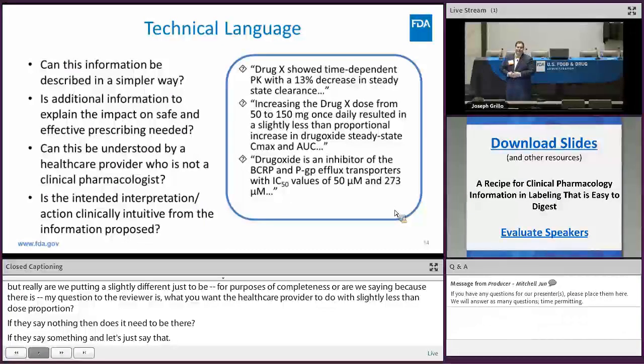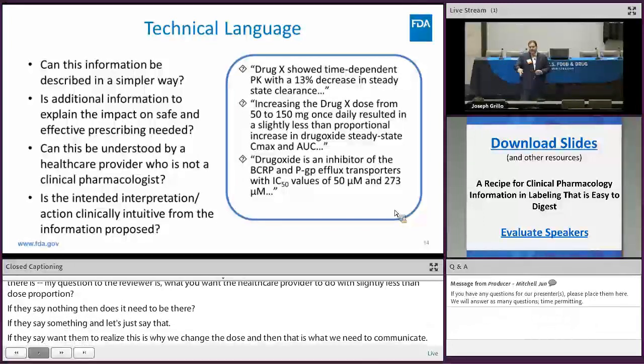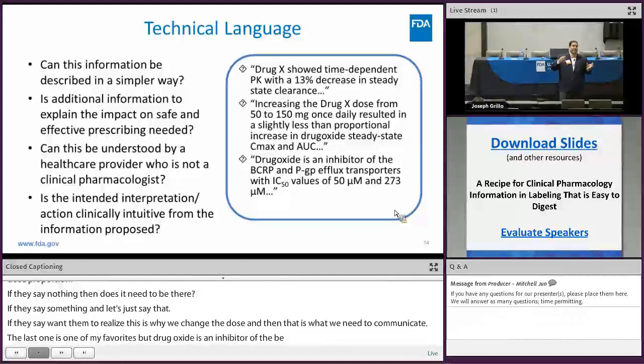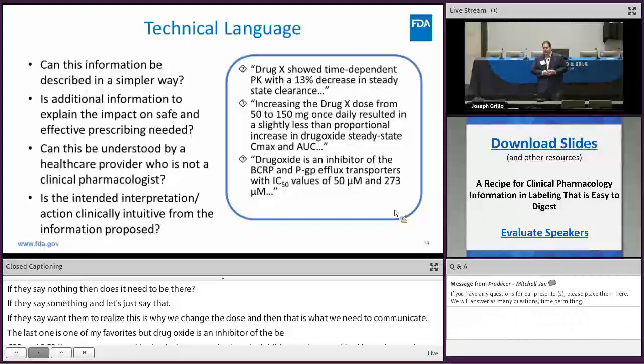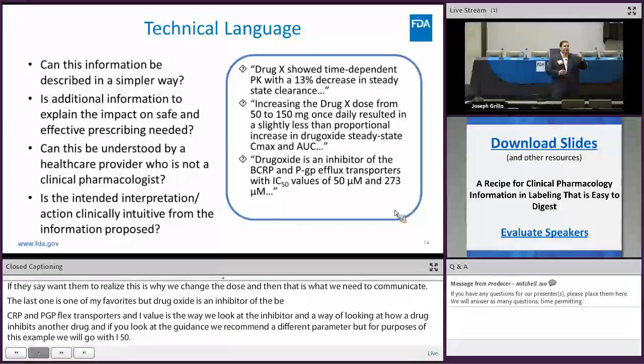The last one is one of my favorites. So drug oxide is an inhibitor of BCRP and PGP transporters with IC50 values of 50 to 273. So IC50 values are a way that we look at the inhibitory concentration for 50%. It's a way of looking at how a drug inhibits another drug. Actually, if you look at our guidances, we actually recommend a different parameter, Ki, but for purposes of this example, we'll go with IC50s. And the reason I bring this up is, this was presented in this label, and the purpose of it is they wanted to show that the drug would inhibit at the concentrations that you can get